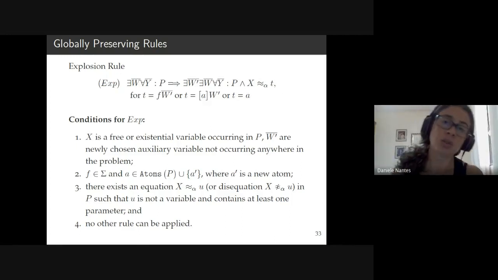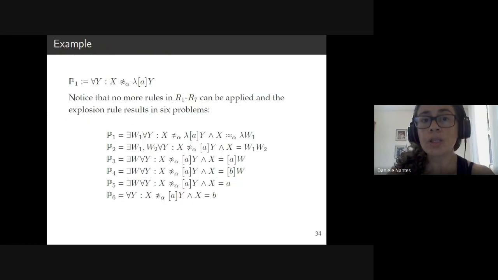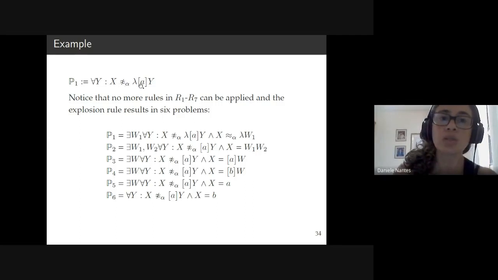What kind of terms can I construct with my language? I can construct f of a sequence of variables, I can construct abstractions, I can construct names. So these are testing all the possibilities of t, okay? This is a branching rule, but it is finitely branching, okay? So this rule is a bit tricky, and it's a problem to prove termination because of this rule, but we managed to find a measure that bounds well, okay? So if you go back to that problem, remember we had this problem for a y, x different from this abstraction here. And